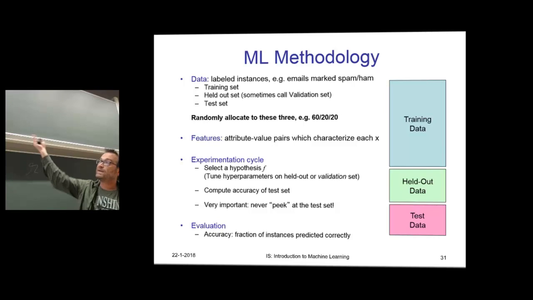So basically, you begin with data, labeled instances. So for example, emails that are marked with spam or not spam. And what you usually have to do is to test the model that you have trained on some unseen data. So you get one bag of data which is labeled, and you usually split it in some way. So you split it into testing data and training data. And there are some heuristics for that. So often you split it in